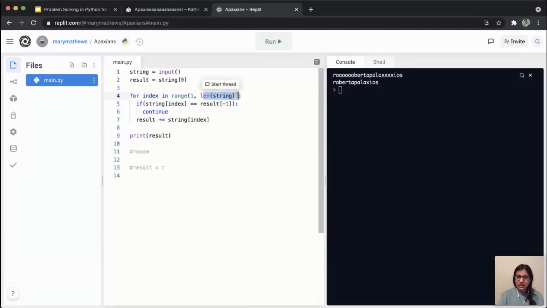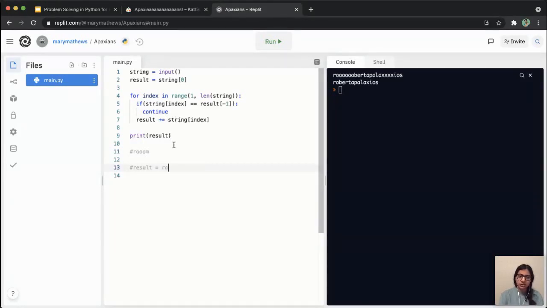Then I'm going until the length of my string, exclusive of the length of the string. So I think the length of this string is 5. That means it will go from 1, 2, 3, 4. It will not include 5, okay? So it will go up till m because the index of m is 4. Then it will check, is O, string of index 1, equal to the last character here? Are O and R equal? They're not.